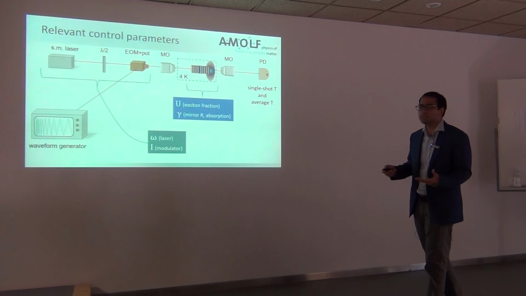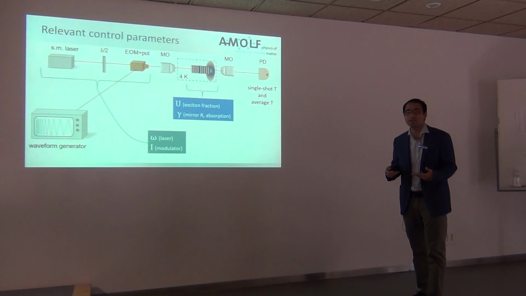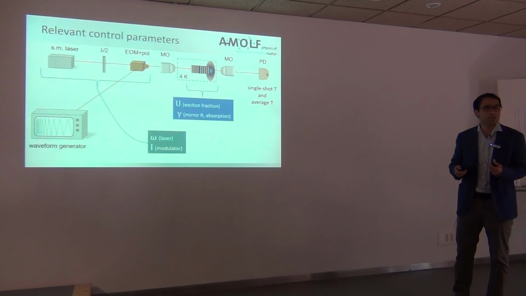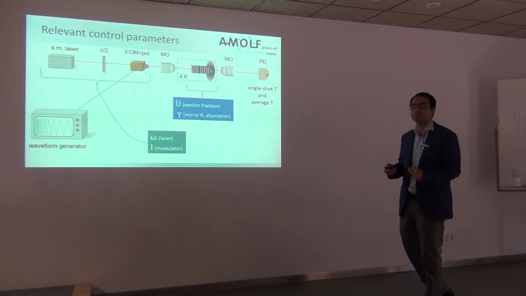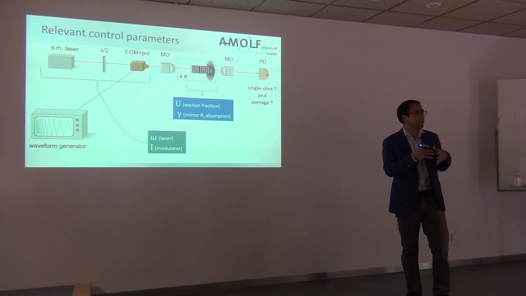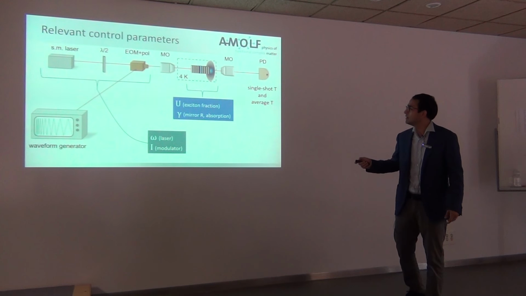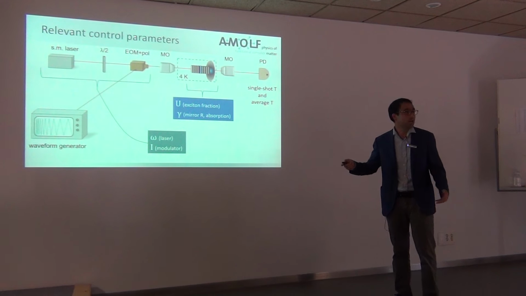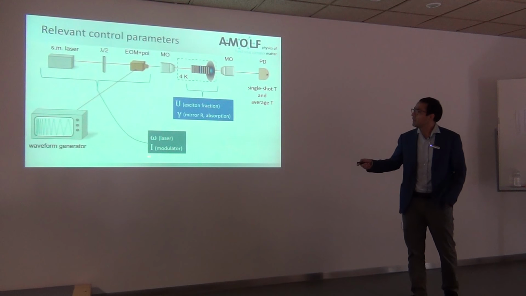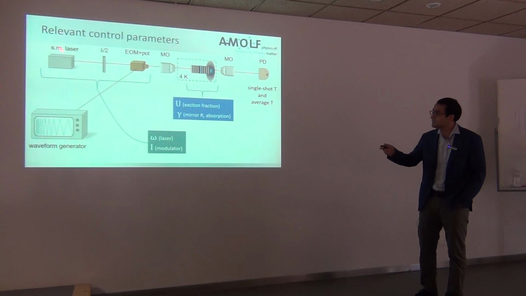Now, our experimental parameters are the nonlinearity, which we tune via the exciton fraction. And actually, it's a very exquisite control because the nonlinearity scales with the square of the exciton fraction. Okay? And so this comes back to the topic of the area. By tuning the area of the cavity, we can choose how exciton or photon-like the polariton is. Of course, we can also change the gamma by either the mirror reflectivity or the material absorption. And the control parameters are the driving frequency and the intensity, which we control with the modulators and a tunable